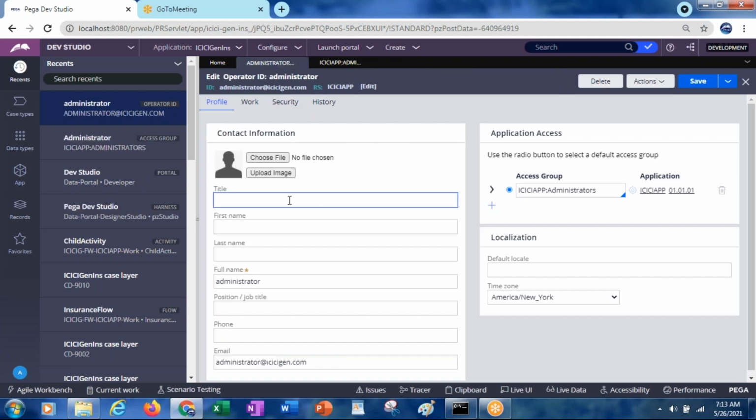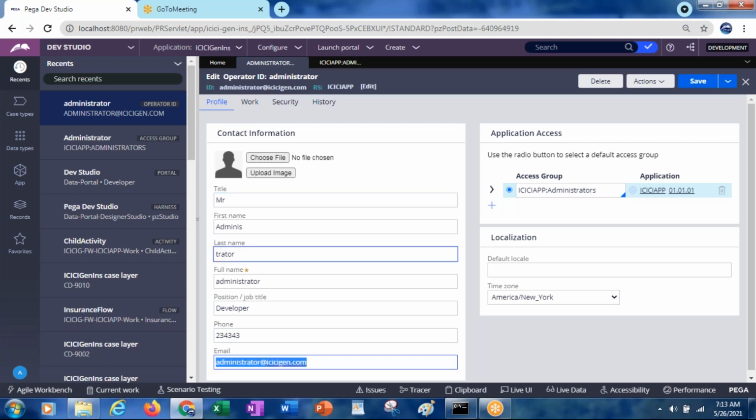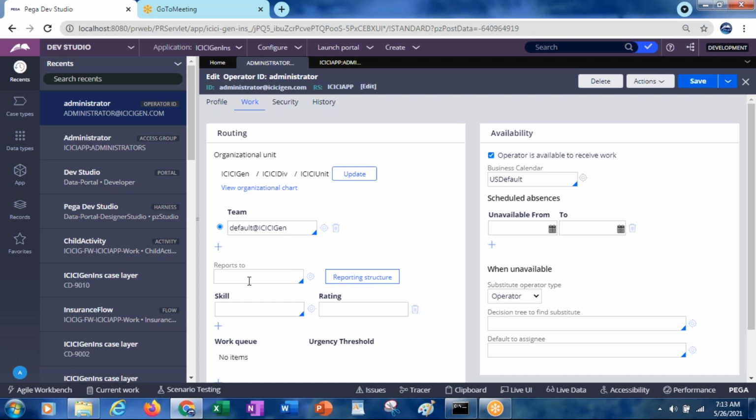For the operator, we will be specifying some information. Along with this, we will have something called reports to.